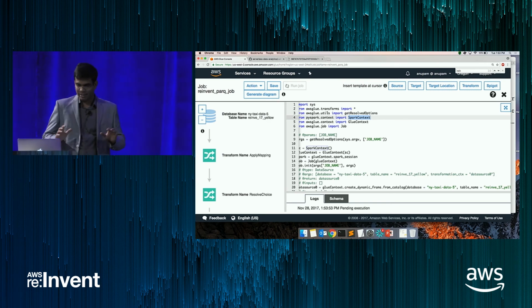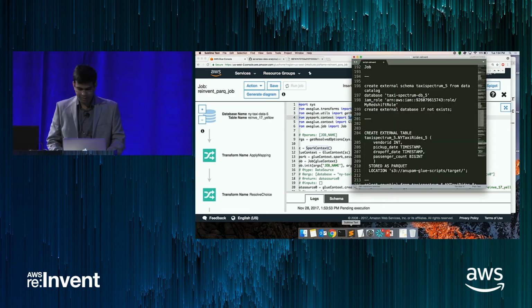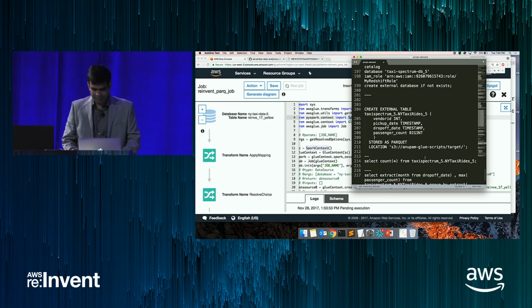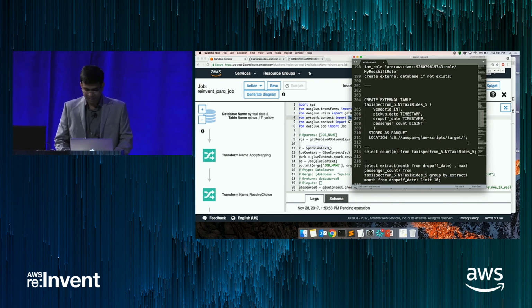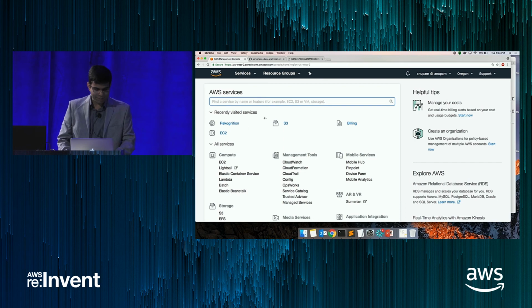So I'm not going to ask you to wait here. I've already done it in a different database. But just to show you the way you can use it, let's go here. What this will do is, the output of this, if you go to your S3 file, the